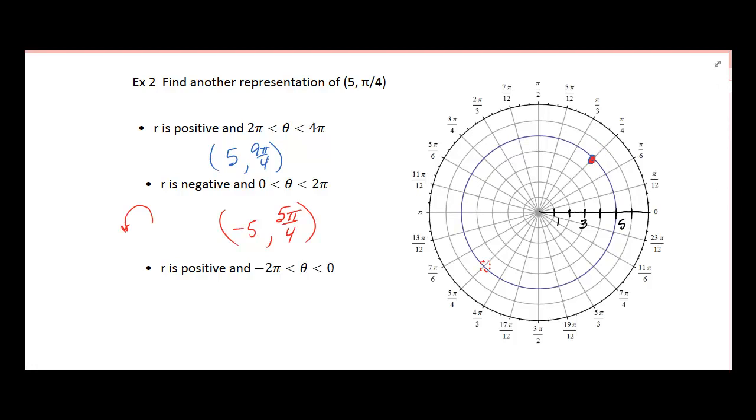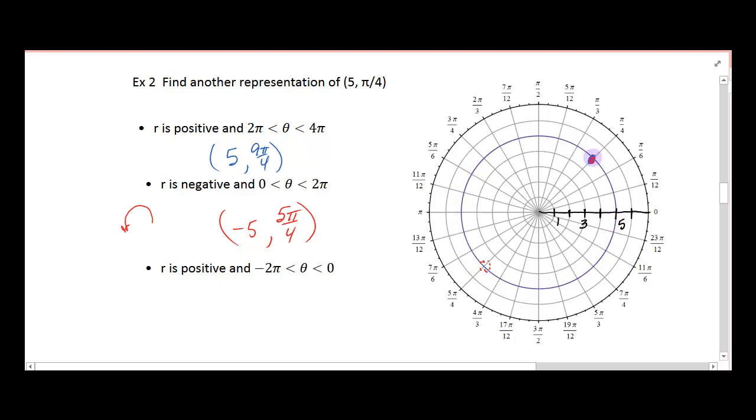The last point I want to represent says I want r to be positive, so I'm going to shoot out of the pole in the same direction I'm rotating, which is good. But this time I need theta to be between negative 2 pi and 0. So if I need theta to be between negative 2 pi and 0, that's really just saying I'm moving in a negative degree or a negative radian measure. So if I start here on my polar axis and I rotate all the way around